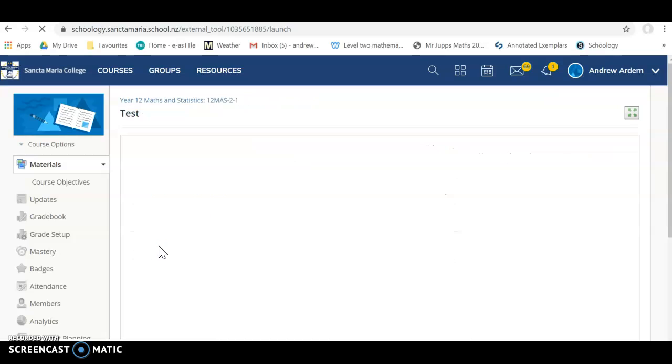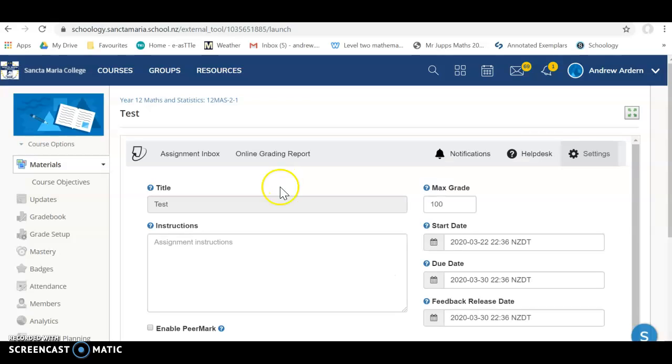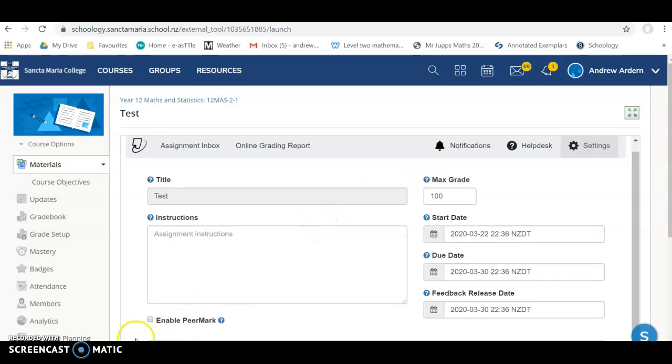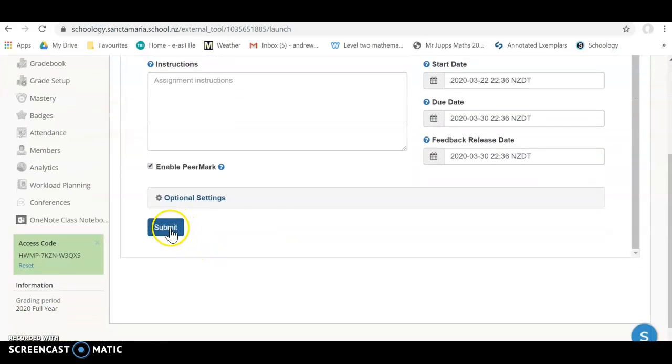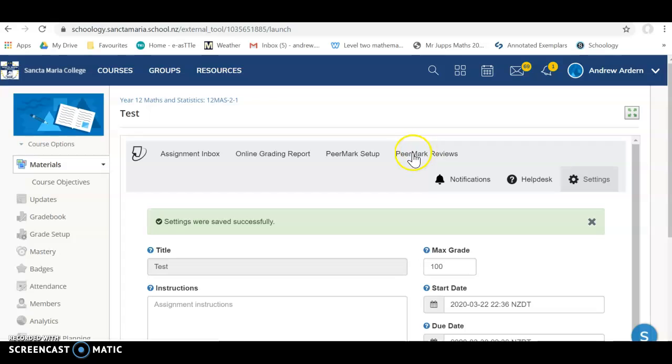Open it up, and I'm making the assumption that you've all had students use Turnitin to submit their work. Okay, the next step is enable peer mark. Click that on and click submit, and it opens up two more tabs up here,